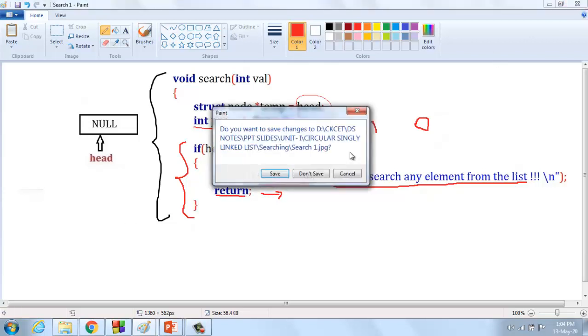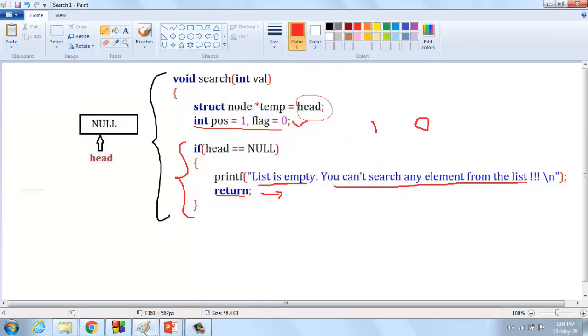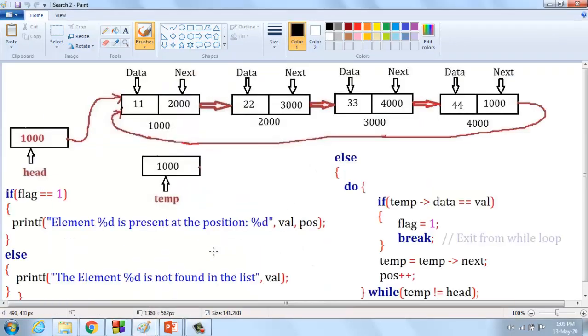And the second one is if there are n number of elements present in the circular singly linked list. Take an example, if I have 4 nodes present in the circular singly linked list: node 1 is 11, node 2 is 22, node 3 is 33, and node 4 is 44. Each node occupies a unique address, that is 1000, 2000, 3000, 4000. So each node points to the next node address, that is 2000, and then the second node points to the third node address 3000, and the third node points to the fourth node address 4000. But the fourth node points to the starting node address. This we call a circular singly linked list.